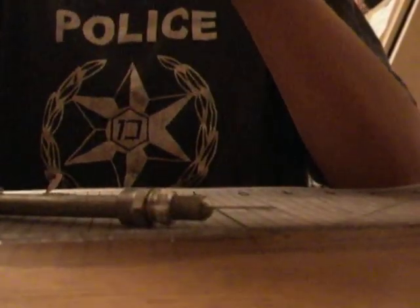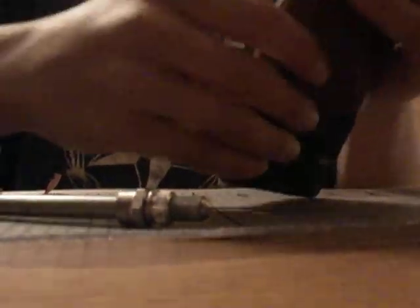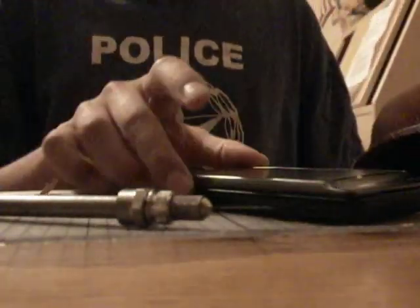Now I'm going to place it over the butt of the phone, and the bottom of your case should be finished. It should look like that. So that is how you do the case part. The Velcro part